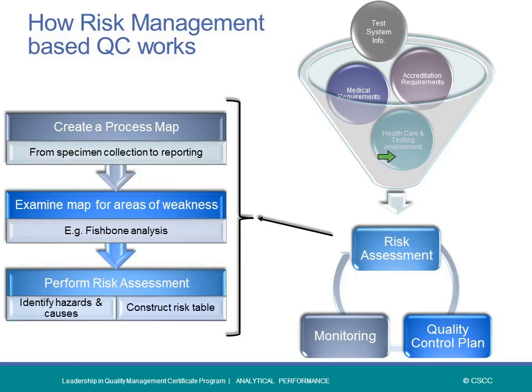Coupled together with development of a process map from start to finish, then examination of the process. And one tool that is often used in this case to examine process for deficiencies would be fishbone analysis. So map the process for possible weaknesses, then the risk assessment analysis. So each identified weakness, assign risk, and once we've identified risk, prioritize those risks, determine how frequent those risks